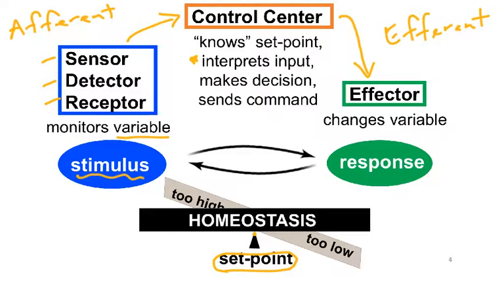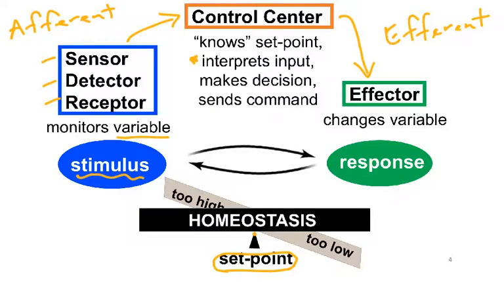So if we're talking about blood pressure, the afferent sensor would be pressure receptors in different parts of the brain, as well as in certain arteries in the body. The control center for blood pressure would be in the brain, and the efferent pathway